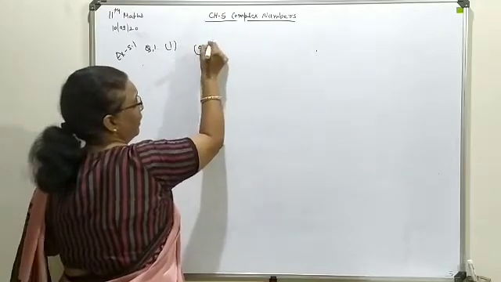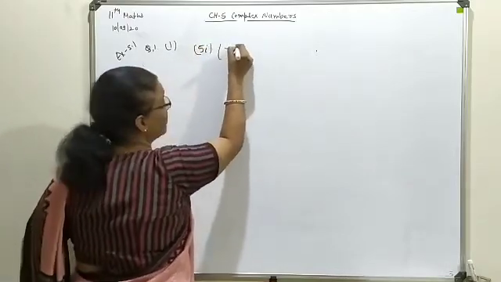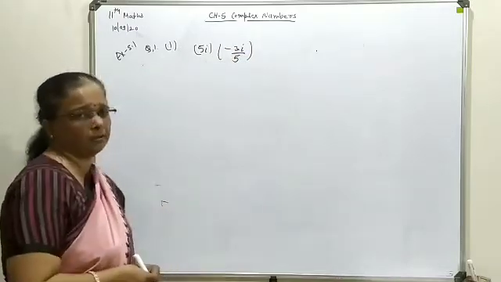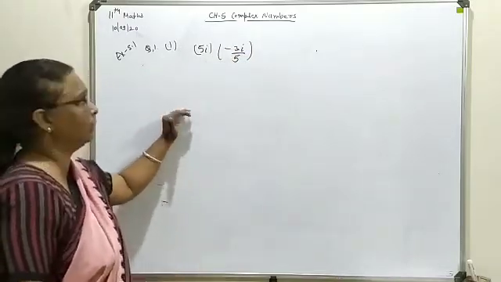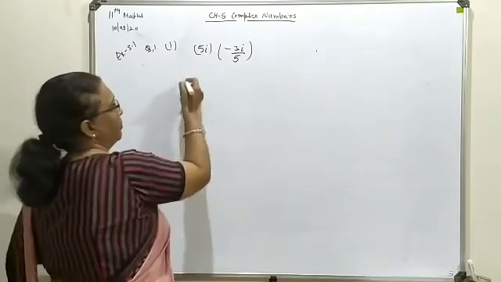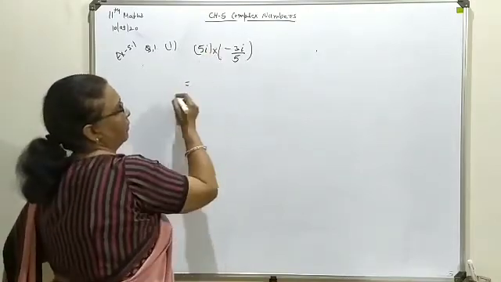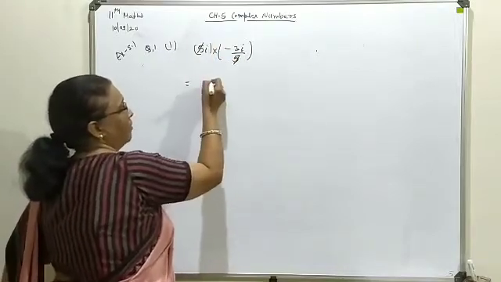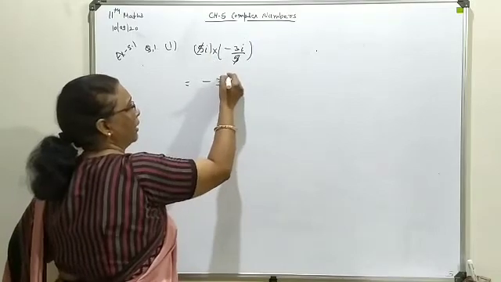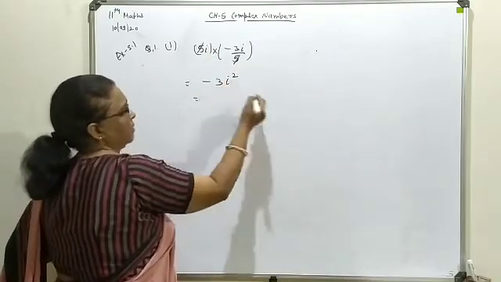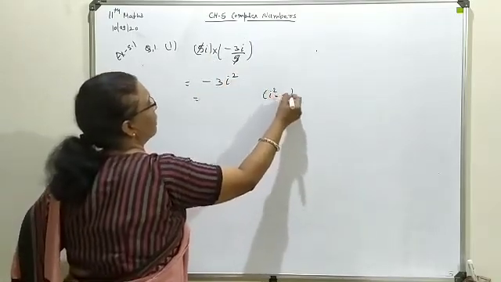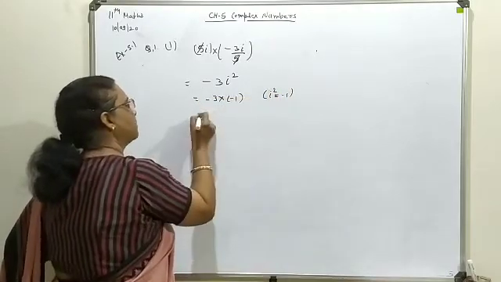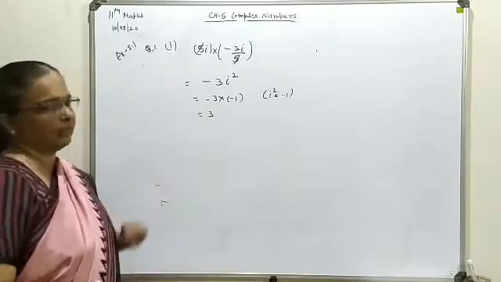This is 5 into minus 3i upon 5. Two terms are written in multiplication form. This is the very simplest form available, but we start with the same. Since this is written in multiplication form, numbers can be cancelled out. So this 5 we cancel. Minus 3 iota into iota gives iota square. This iota square you will write as minus 1, and everywhere you will implement the same thing. Minus 3 into minus 1 means finally 3 will come out as the answer.